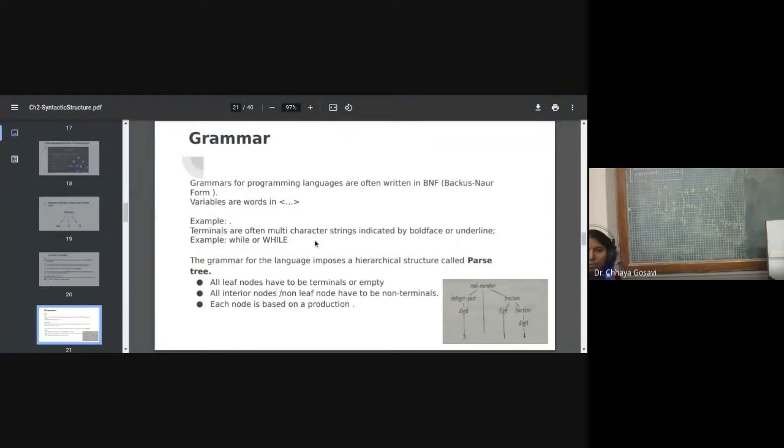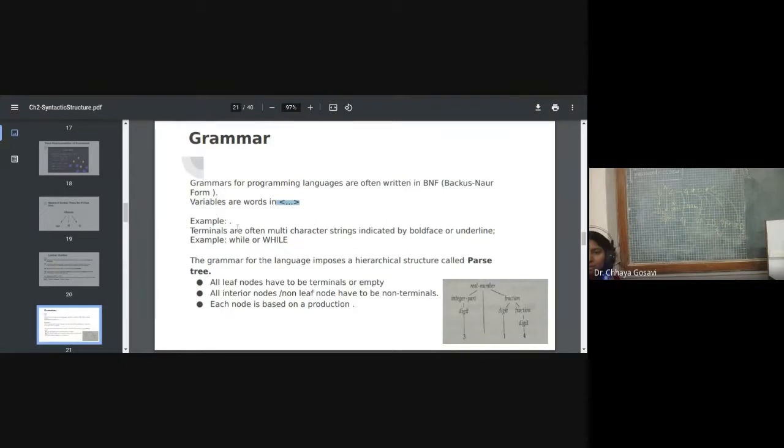So grammars for programming languages are often written in BNF form. There are different forms in which we can write a grammar. BNF, which is called Backus-Naur form, is mainly used to write grammars for programming languages. Variables are words in these triangular brackets.